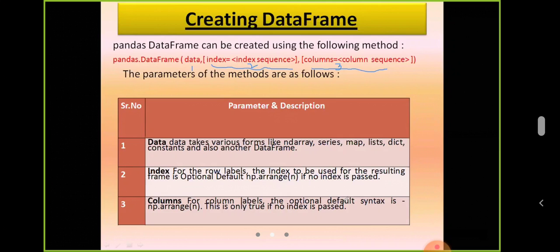Okay, the default is, if I'm not specifying index and column, then by default it takes 0, 1, 2, 3. Okay. Now next is